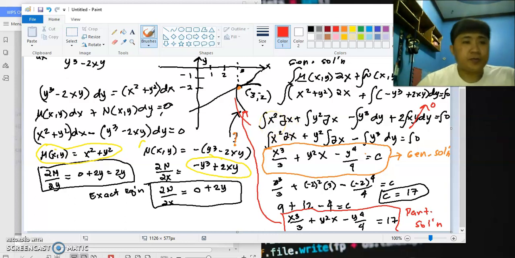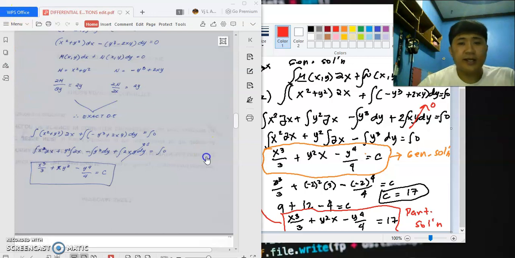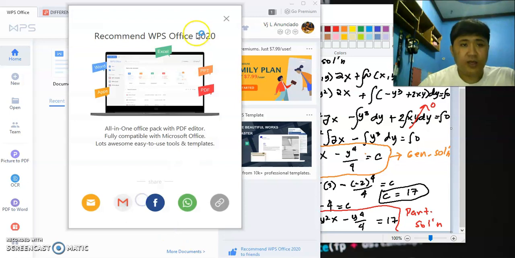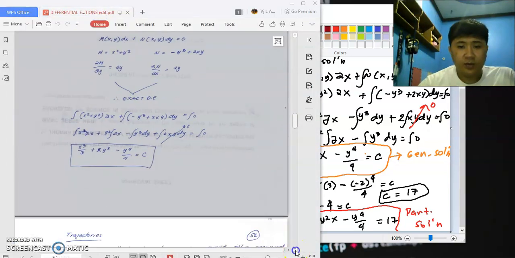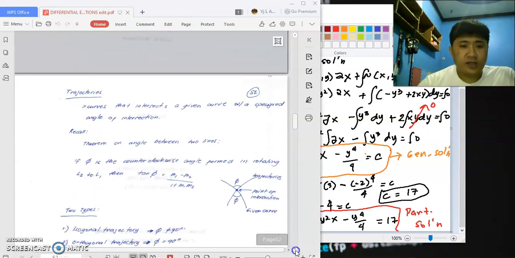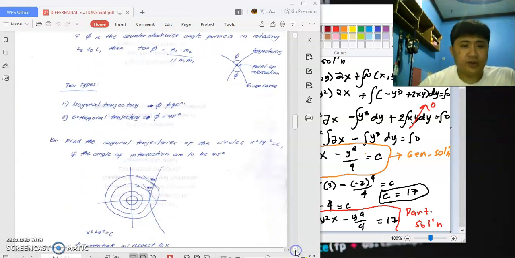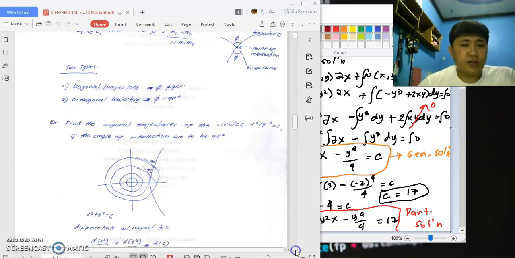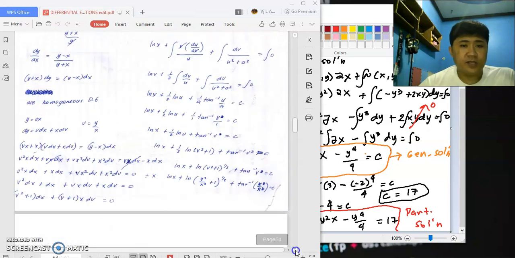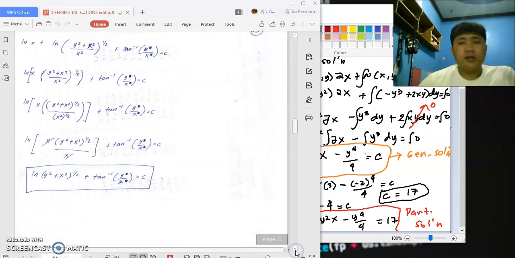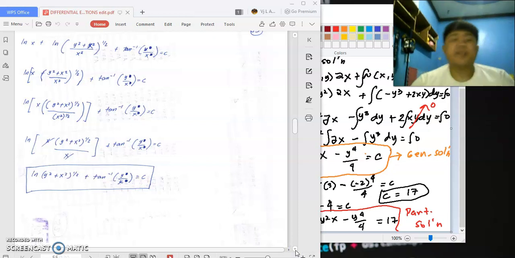So I think that's it for now, because the next topic will be really longer. So next meeting we'll be discussing trajectories, isogonal and orthogonal, which is equal to 90 and not equal to 90 degrees. It's a bit long, so that's why we'll discuss it next meeting. Okay? So if no more questions,